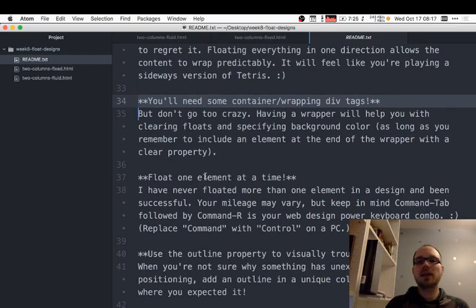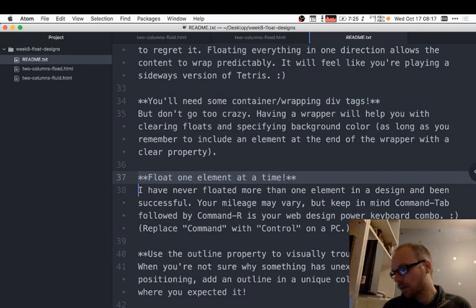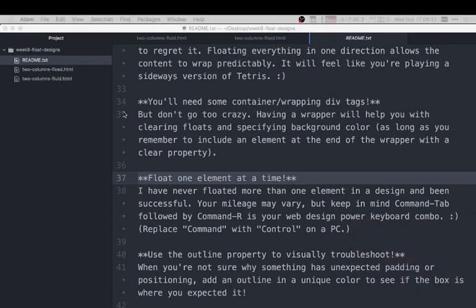I also recommend, as you're developing, let me get my video out of the way here. As you are designing your CSS Zen Garden and you're playing with floats, don't go crazy and add a bunch of floats all at once. Float one thing at a time, save, switch back to your browser and refresh. So you saw me doing this tonight